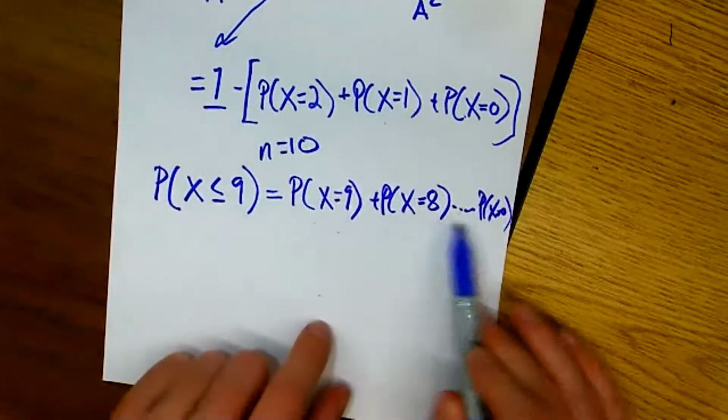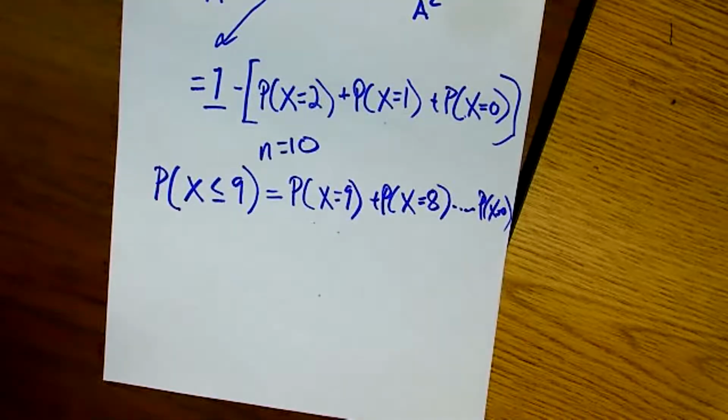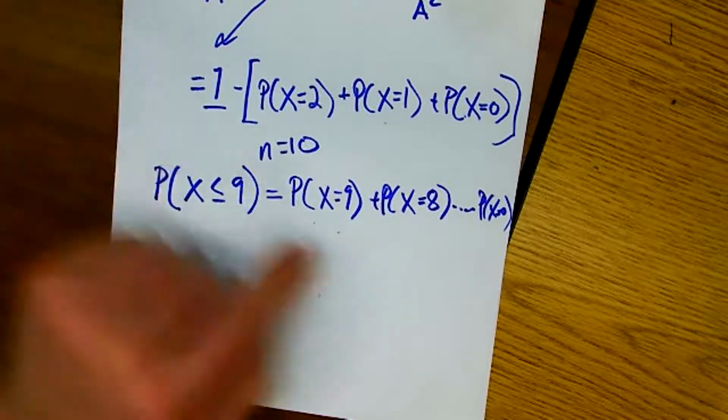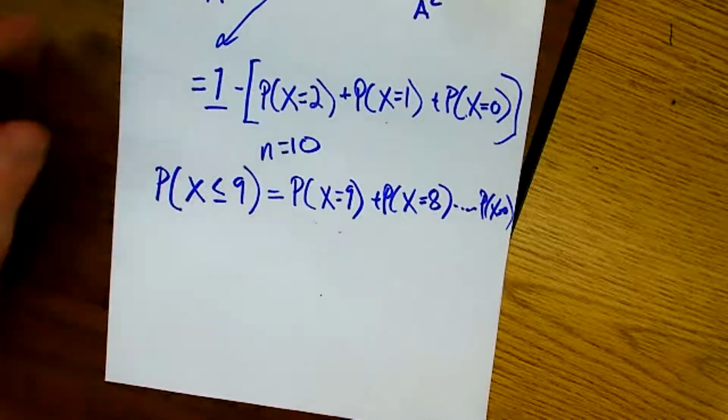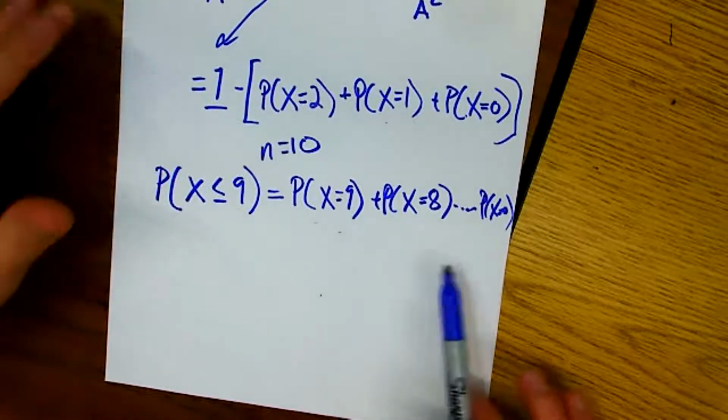Well, I don't want to have to use that binomial equation 10 different times. That's a lot of work, right? Especially if I ask you to do this on the exam, you should pause and think, I've only got a certain limited amount of time. Should I really be solving this problem this way? And the answer is no, right? I'm never going to give you a problem where you would have to use the binomial equation this much,